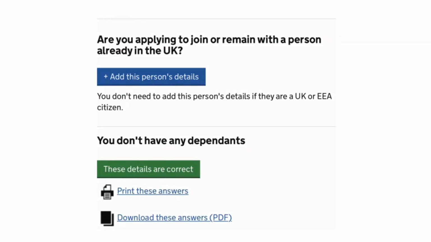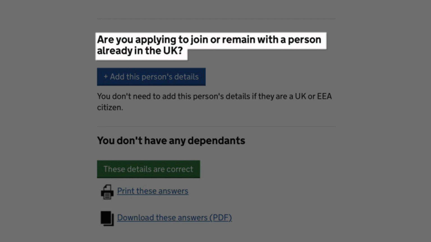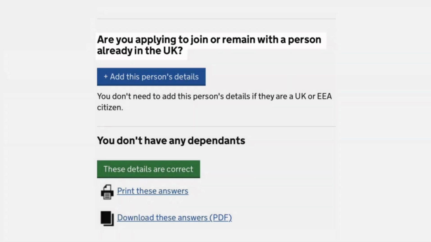When you're applying for a UK visa, you'll be redirected to the NHS site to pay the NHS Health Surcharge. And this gives you a binary option. So the screenshot shows it. You can select either, are you applying to join or remain with a person already in the UK, or you